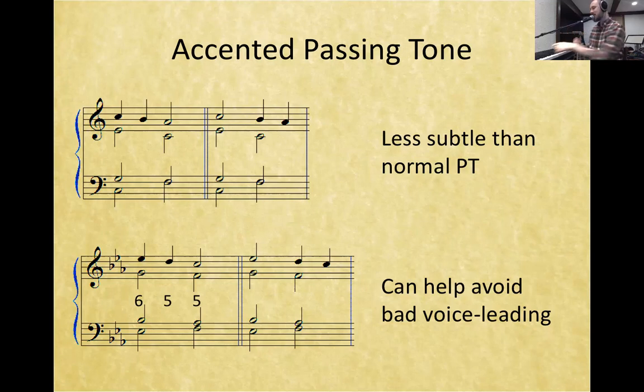Not necessarily, because something that doesn't really work as a traditional passing tone, if we just make this an accented passing tone, instead of having quarter, quarter, half in the soprano and do half, quarter, quarter, it's all of a sudden gonna eliminate our parallel fifths, because instead of going, this is again, I'm talking between the alto and soprano voices, instead of going sixth, fifth, fifth, which you can hear that clunkiness,